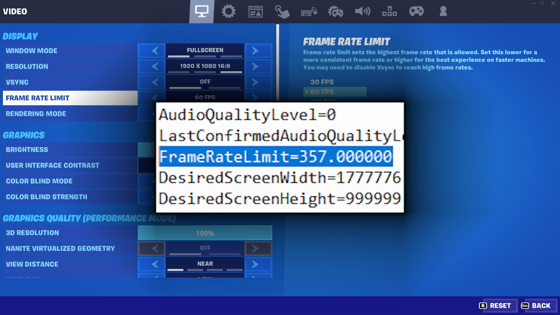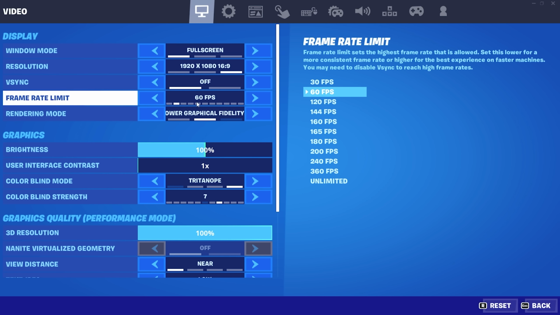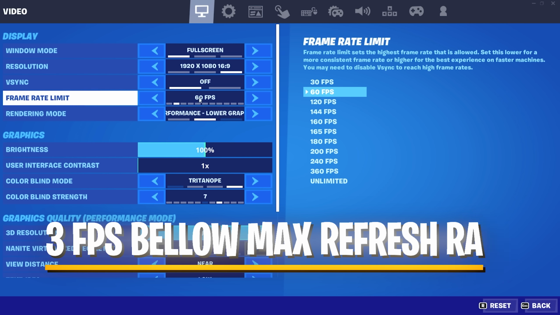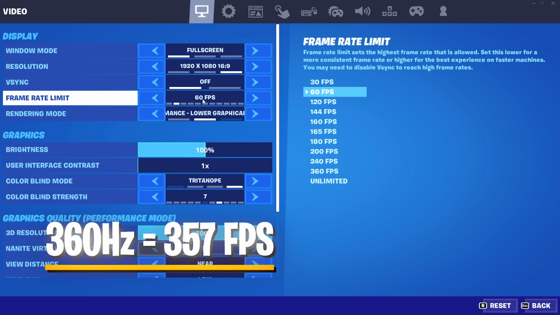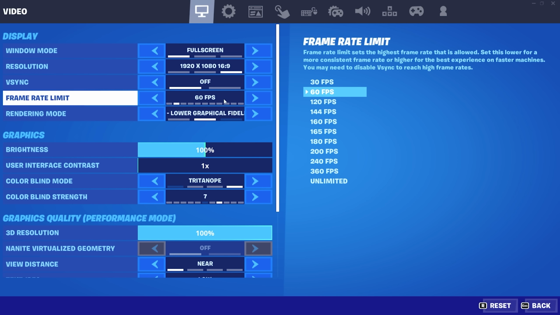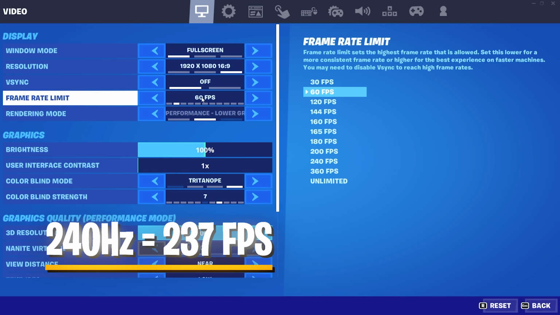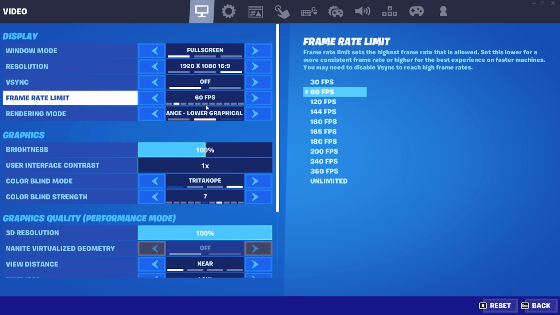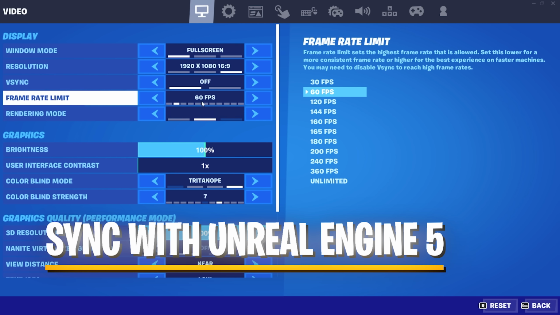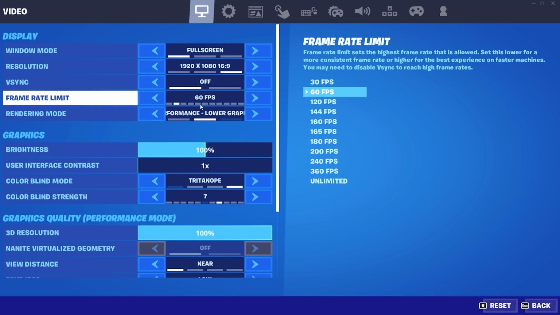It's actually proven that as soon as you open up your game user settings, you should put your maximum FPS exactly 3 FPS below your monitor refresh rate. So let's just say as an example, I'm playing on a 360 Hz panel, so I gotta put it to 357 FPS. If you're playing on 240, you gotta put it to 237, and on, guys. This actually proves to be a lot better for Fortnite performance in terms of syncing with the engine, guys. So please make sure to actually apply this, but I'm gonna show it anyways later on in the video.